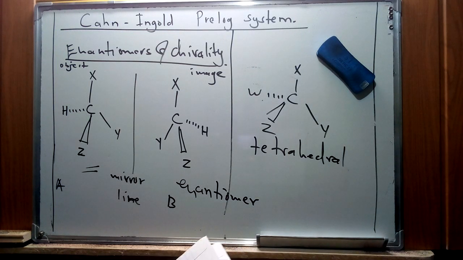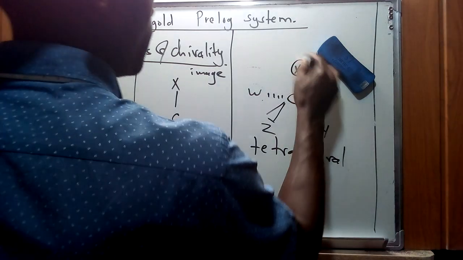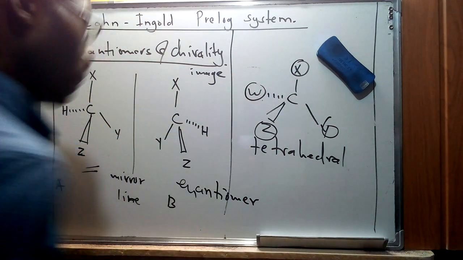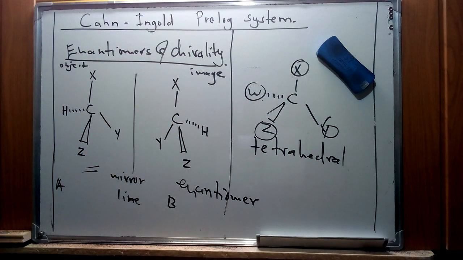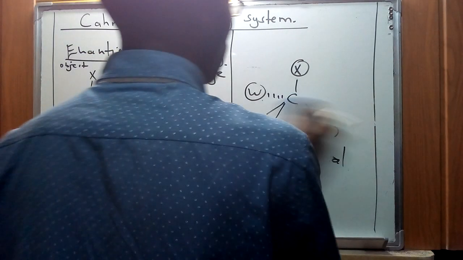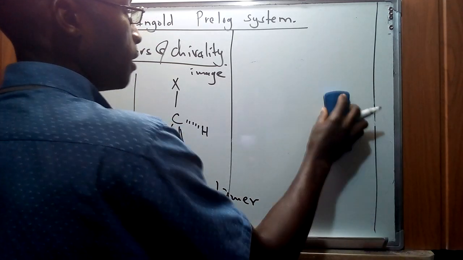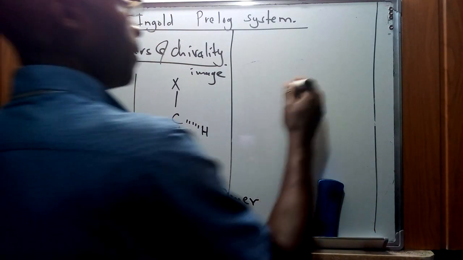It's bonded to 4 different substituents, as I illustrated for the X, Y, Z, and W. So therefore, I hope we have understood the examples, or maybe the concept of an enantiomer. We can basically give a specific example for an enantiomer. Now, suppose we have a